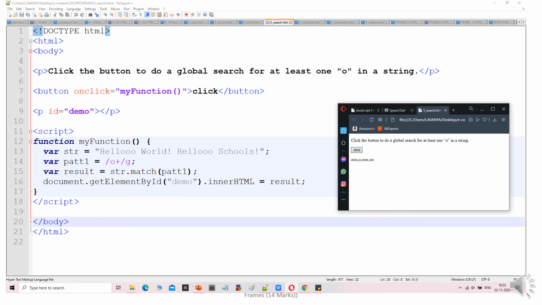So after executing the code we will get this output, means it has searched all the o's through the strings. Meaning in the first string there are 3 o's, then in the second string there is 1 o, then in the third string there are again 3, and in the fourth there are 2 o's, means it will search the o character in the whole string. Okay,